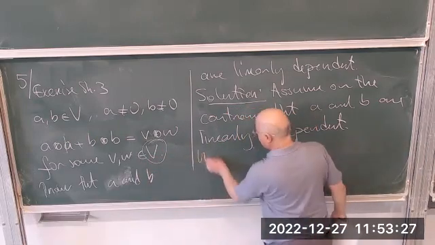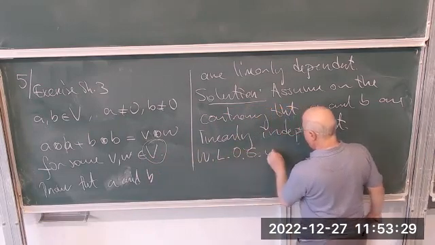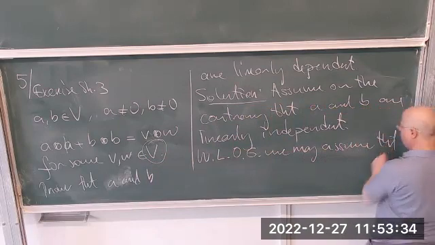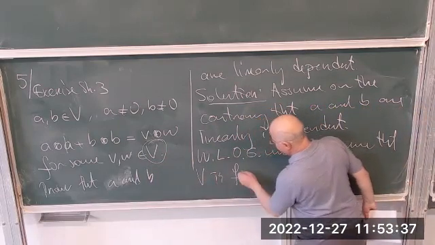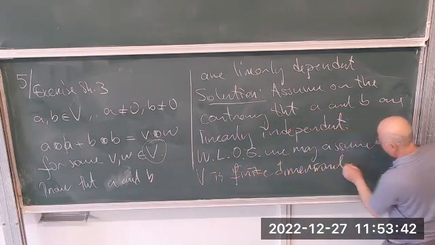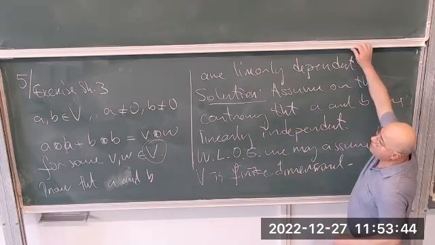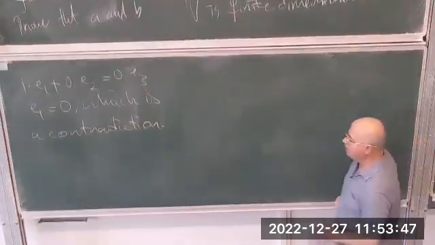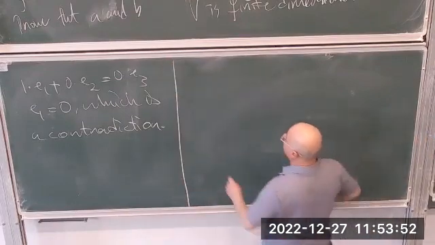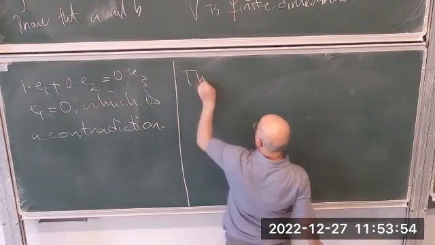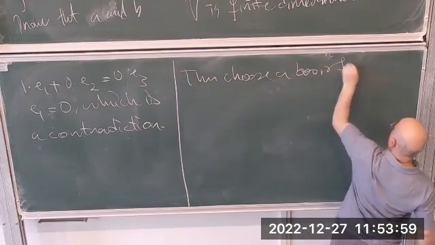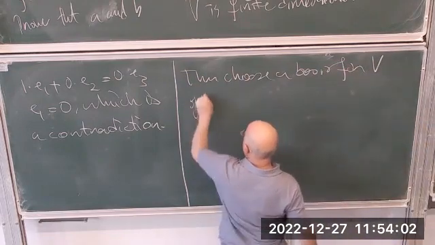So without loss of generality, we may assume that V is finite dimensional. Well, what happens if it is finite dimensional? Then choose the basis